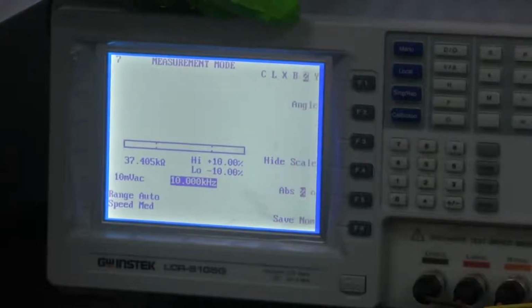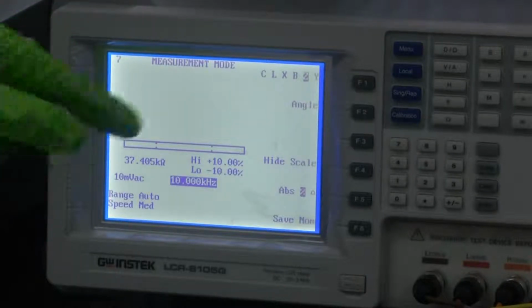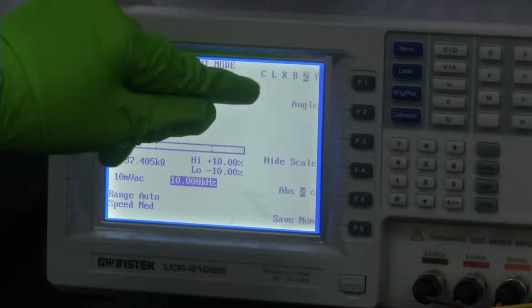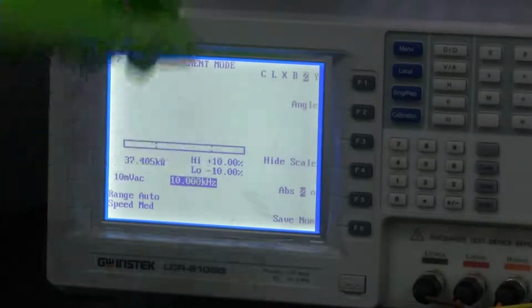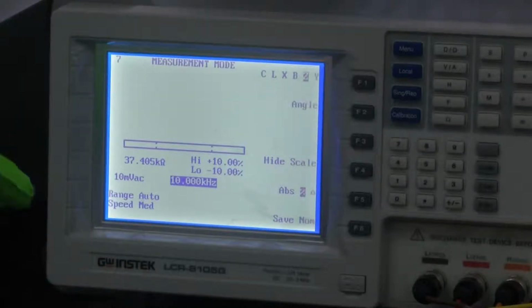All of these parameters, depending on your application, can be measured. So when we are talking about AC circuits and when you are having sensors and you directly want to measure the admittance, so you could use this option and then do the measurements.